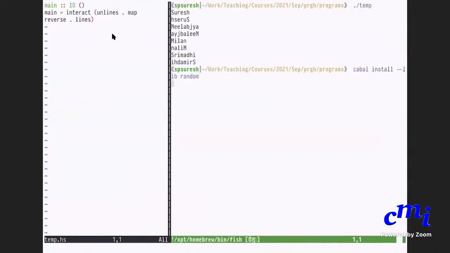Yeah. So if you do this, in my case, it will say it's already installed. Up to date, it says. So note this down: cabal install minus lib random. That will automatically install. Okay, thanks. Any other questions? Is there any specific directory from which you have to do this cabal install? No, you can do it from anywhere because it will install it in its own directory only. It will not install in programs or whatever. It will actually install it in tilde/.cabal.